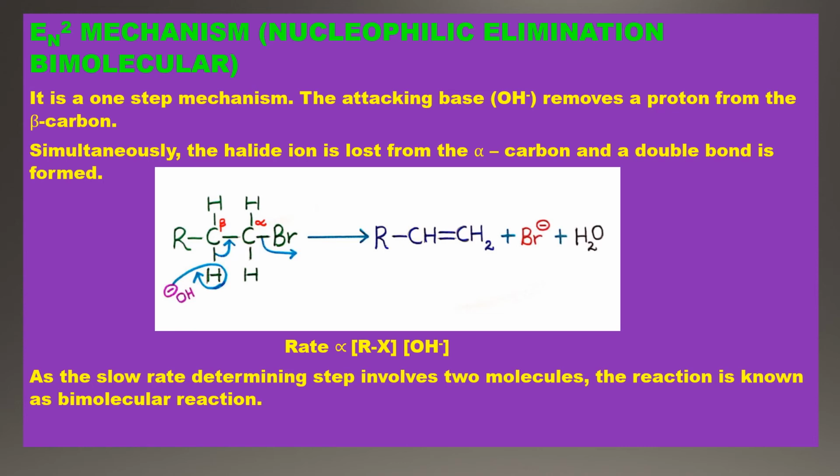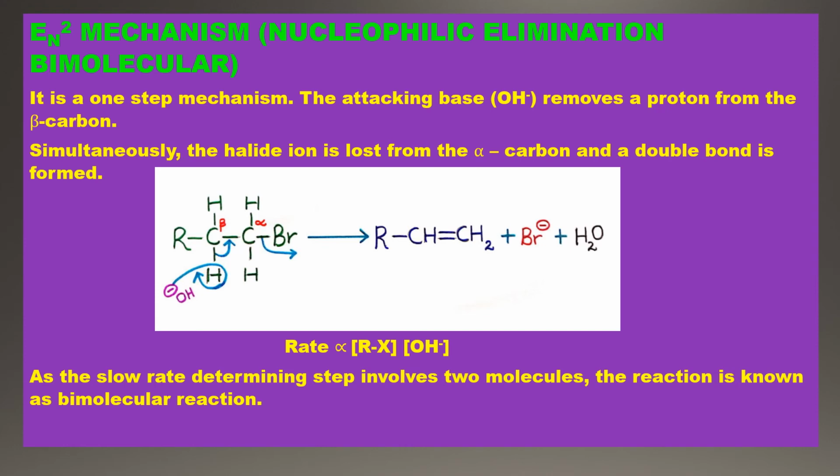Okay, again what is being formed? H2O is being formed. Look in the products, I have written plus H2O. Okay, and the bond between carbon and hydrogen will be shifted between the alpha and beta carbons. So what is being formed? A double bond is being formed, and immediately that halogen, which is Br, comes out with the electrons between carbon and Br. Okay, so forming Br minus.